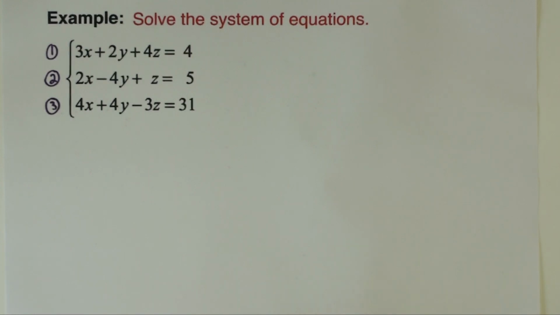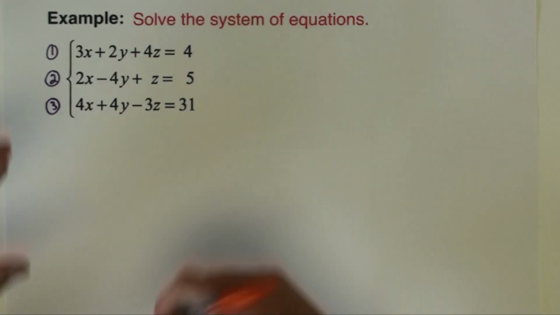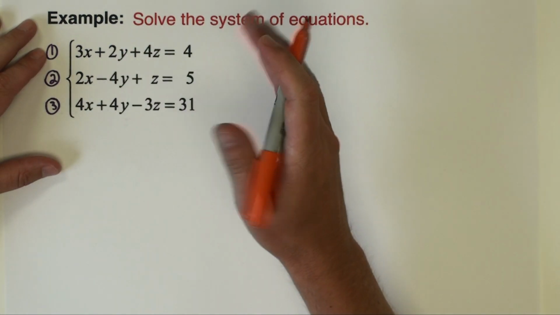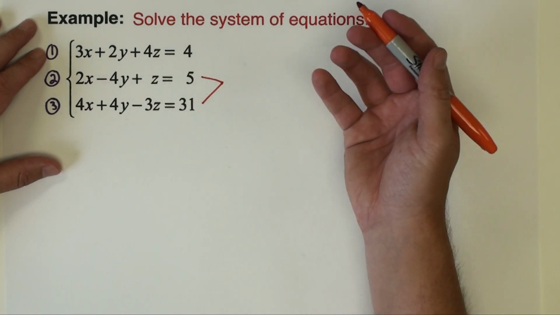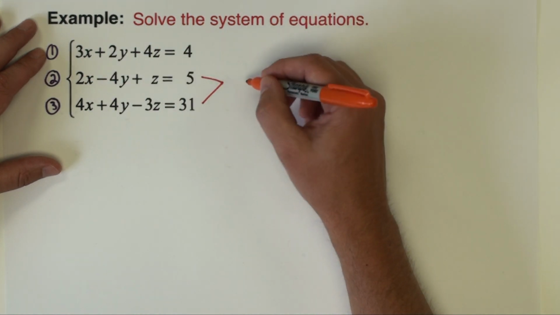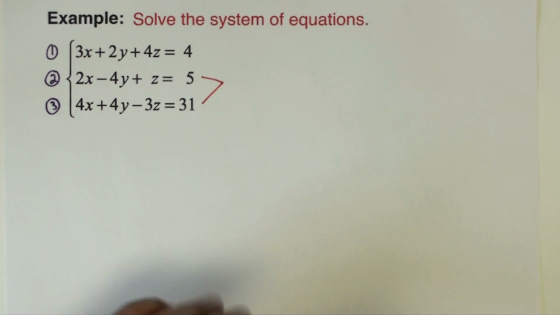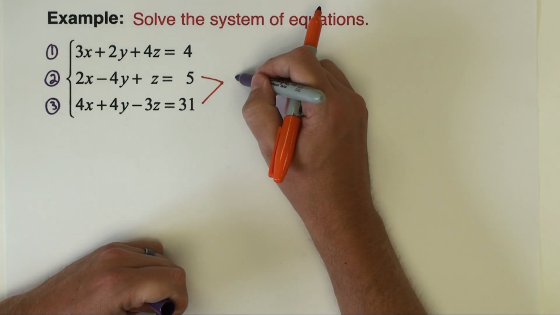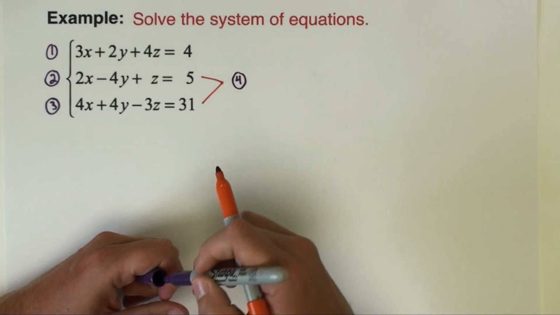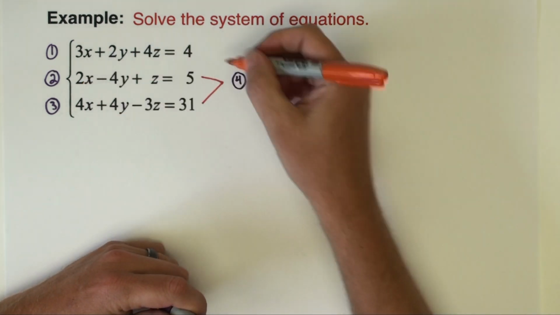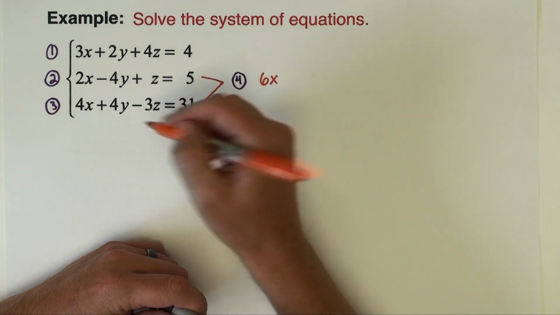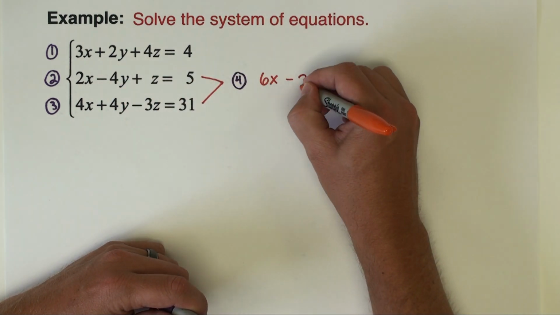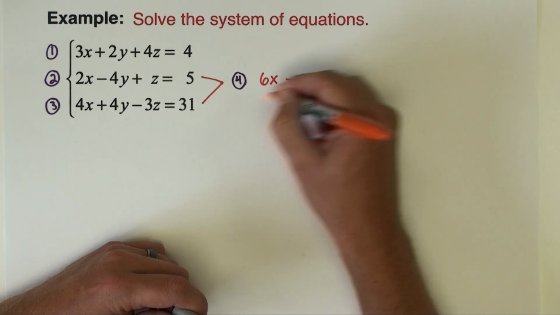And I'm going to condense some of my work as well, just because we've got these two equations that are already canceling. So let's just go ahead and put these two together, and I'm adding. So this is going to be, and let's go ahead and label this, equation number 4 when I put these together. So I'm going to have 6x, the y's are going to cancel, I'm going to have minus 2z equals